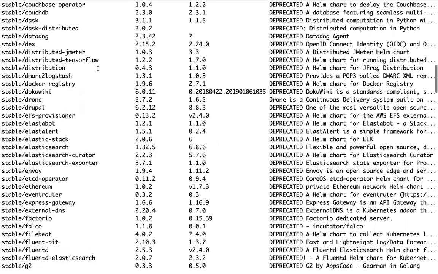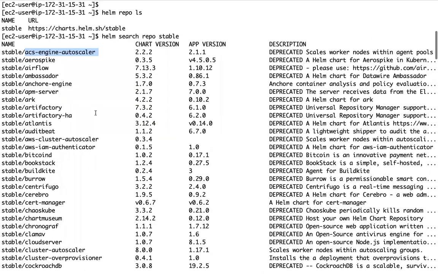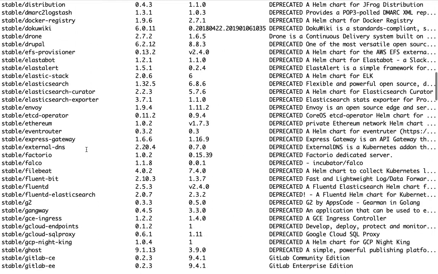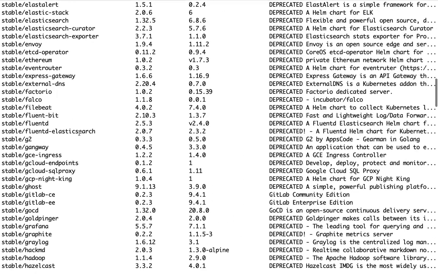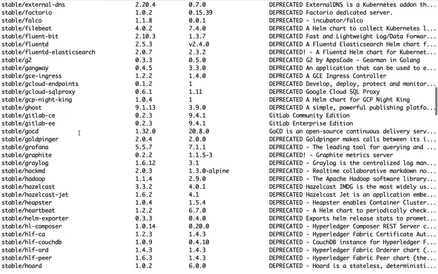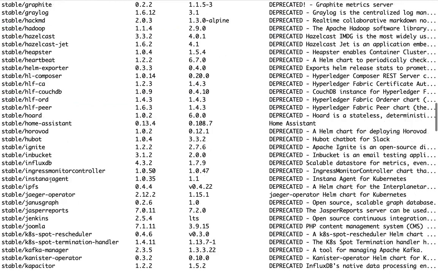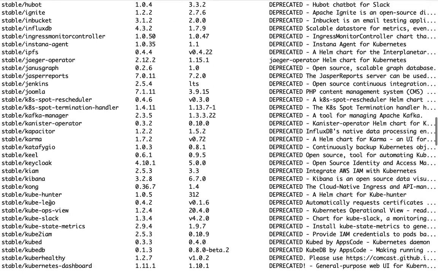This is one application that is packaged as a Helm chart. Now if you see, you have a lot of things as Helm charts. Grafana is also available as a Helm chart, right? You have metric server available as a Helm chart.